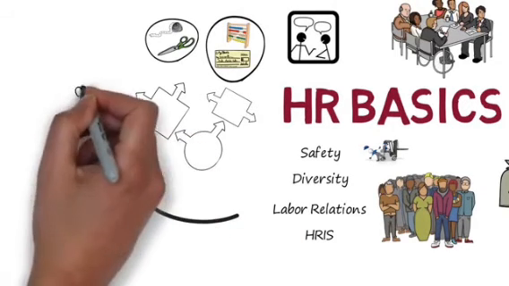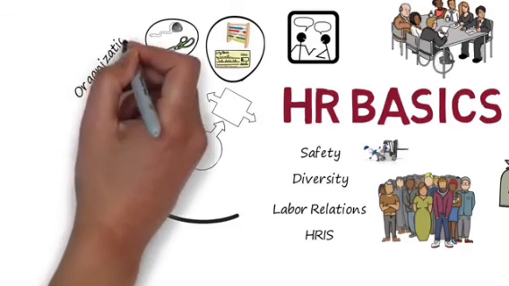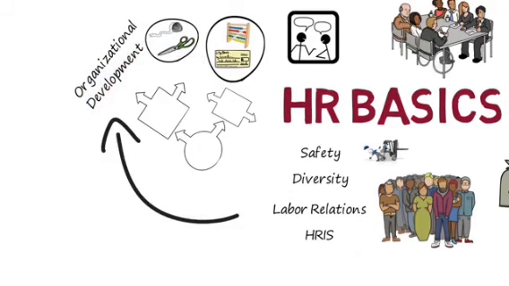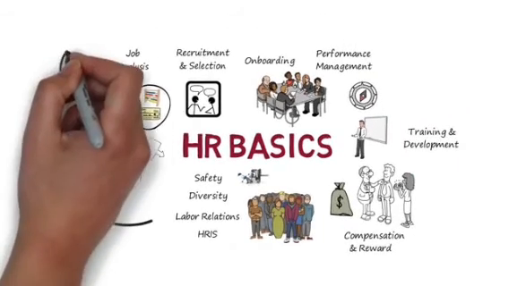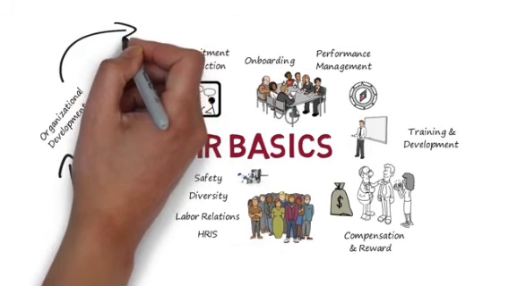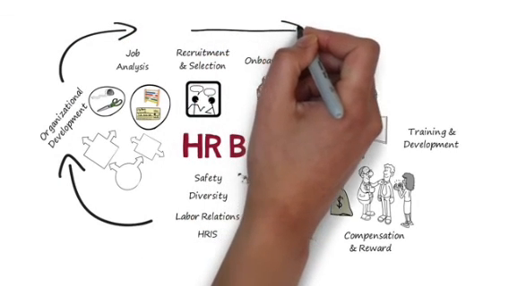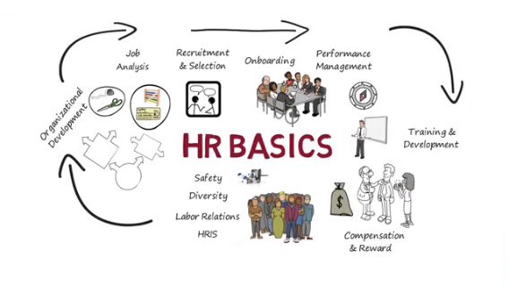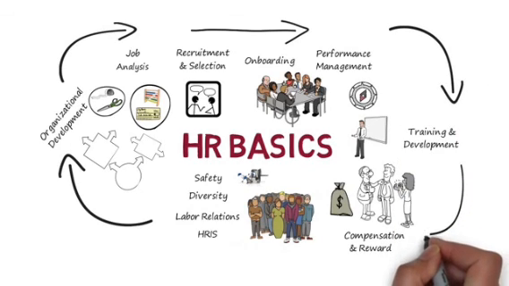But HR doesn't stop here. It should continue to reassess how business is done, how jobs are structured, what's the nature of tasks within the organization. Looking at this is called organizational development. And so the cycle of human resources continues through making sure you have correct individuals who are motivated, engaged, and their performance is managed correctly, and they're rewarded and compensated in